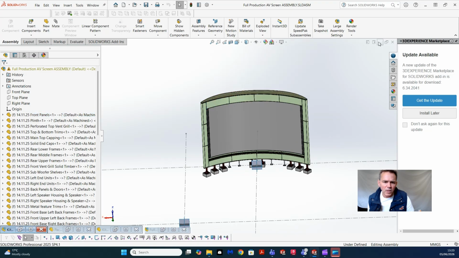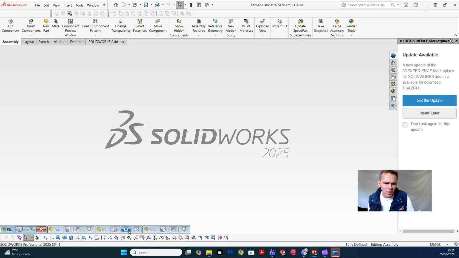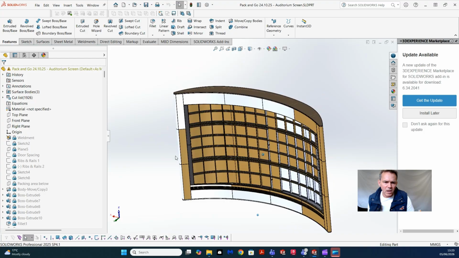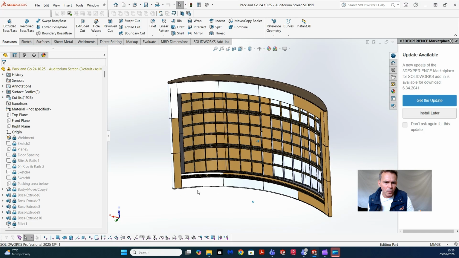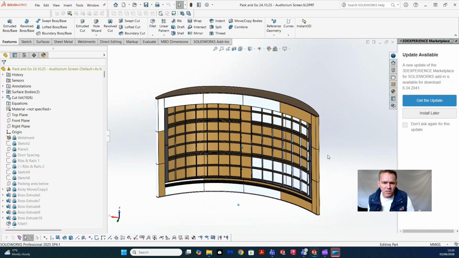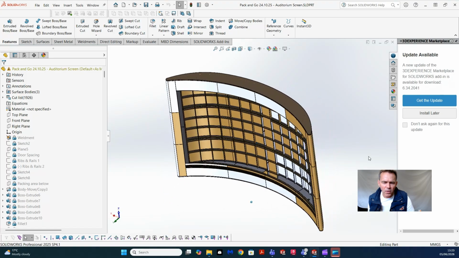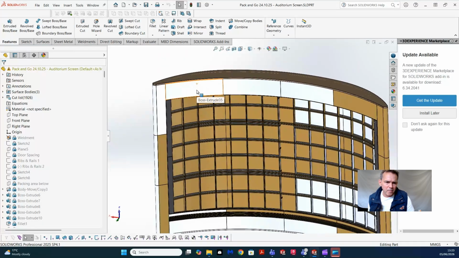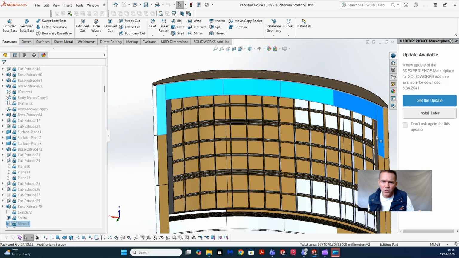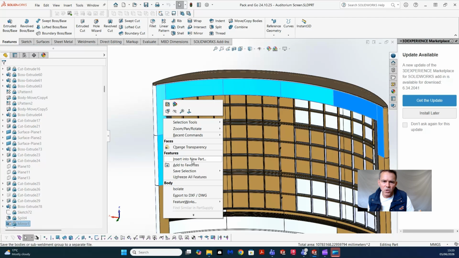well, let's first of all remind you of the model that we did have previously. So this is the joinery. You can see the appearances are not quite the same, they haven't filtered through, but essentially all of the bodies that you just saw in the previous assembly were derived out from this rather heavy, complex model by picking a bunch of bodies here and here and here, say all these front panels. I'll show you those in a minute, and then right-clicking and using the insert into new part